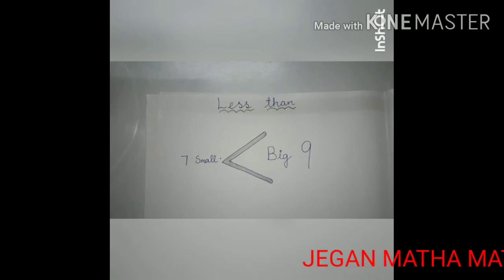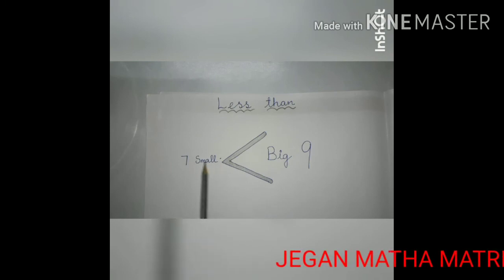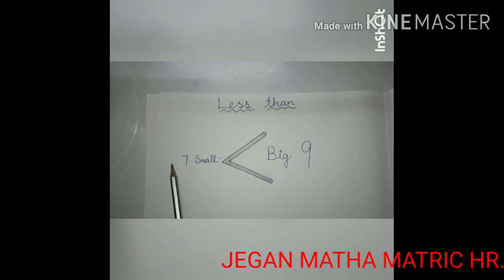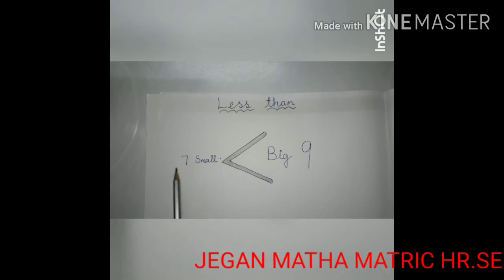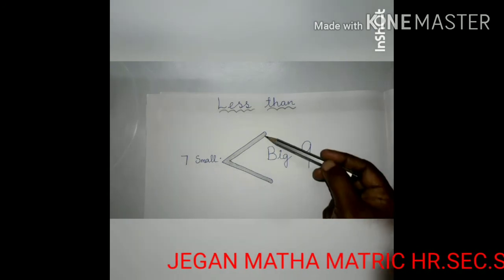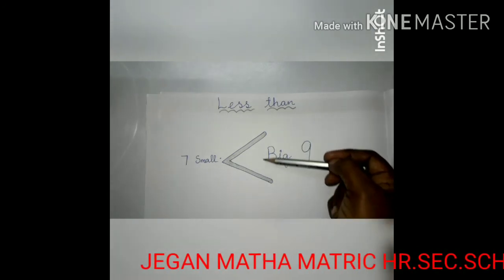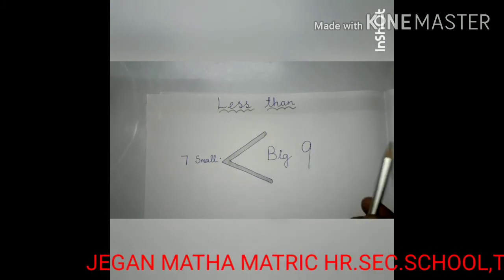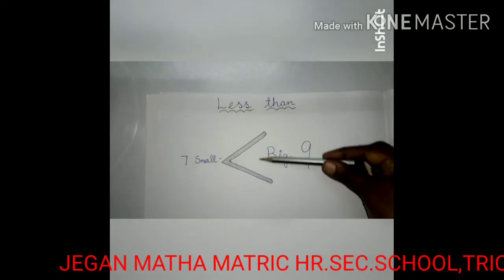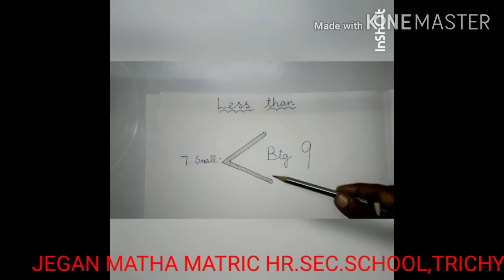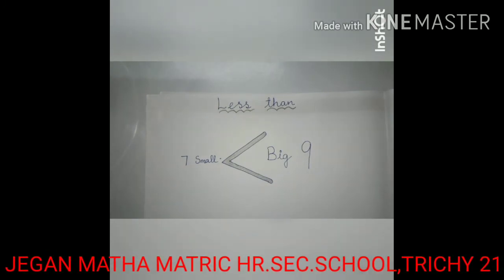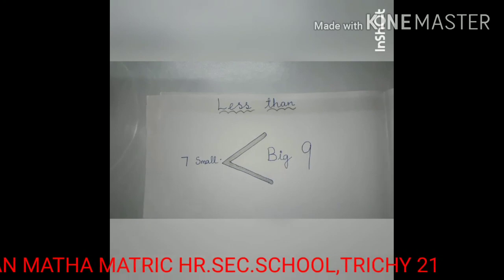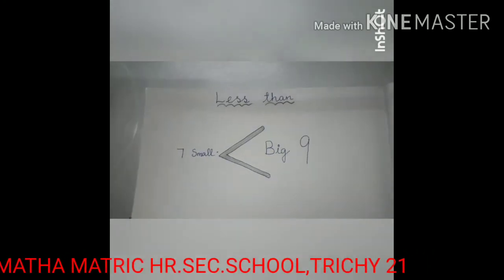How to draw the small number side? This pointed place given here. This side only the small number must come. See the wide gap given here. See, on the wide gap side, big number. The big gap is provided here, no? So, the big number must come this side. Okay, have you understood? Shall we move to the first page? Yes, kids. Come.